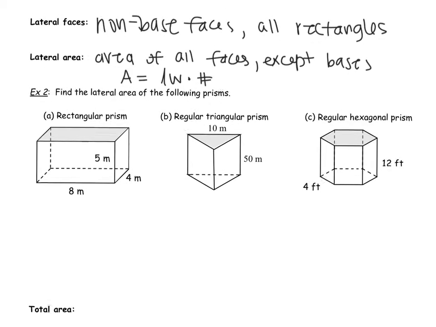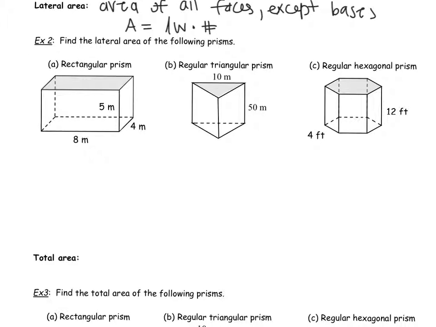So when we're finding the lateral area of each of our prisms, first we're going to start with that rectangular prism. So we have 4 faces. They're all rectangles. Now, because our base is also a rectangle, we don't actually end up with 4 identical faces. We have 2 rectangular faces that are 8 by 5, and we have 2 rectangular faces that are 5 by 4. So when we go to find the area, we have 2 that we have to do 8 times 5, and we have 2 that we have to do 5 times 4